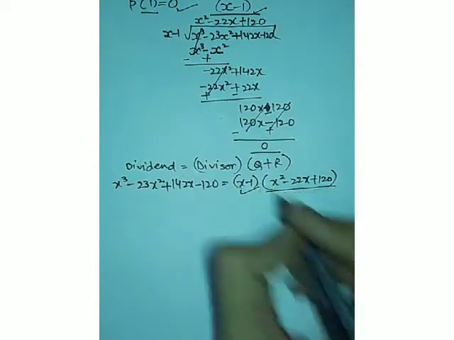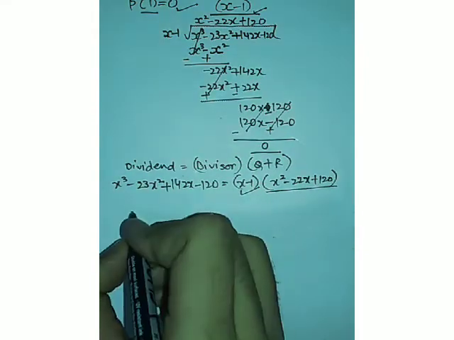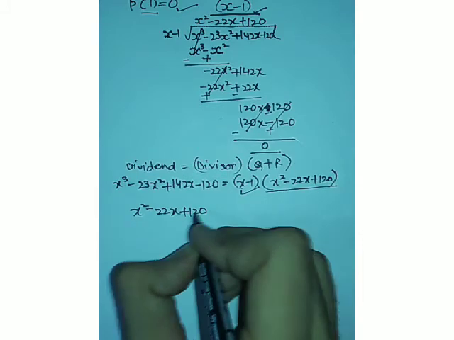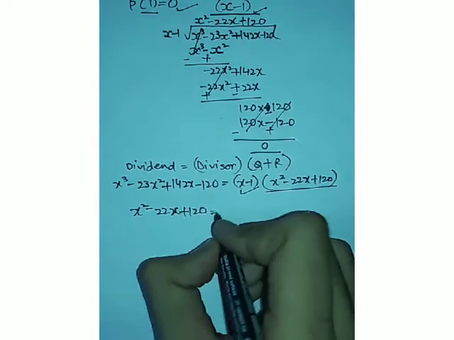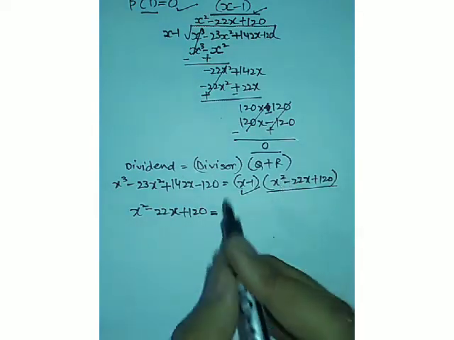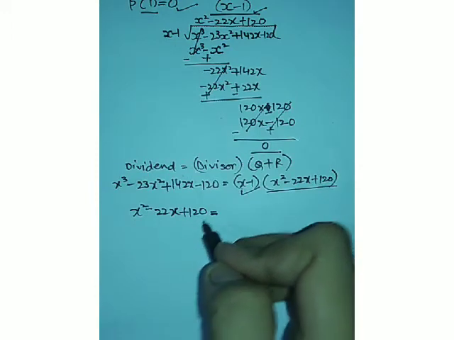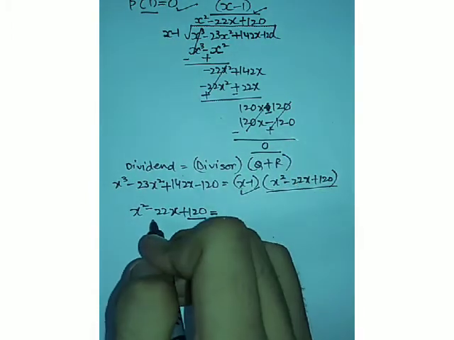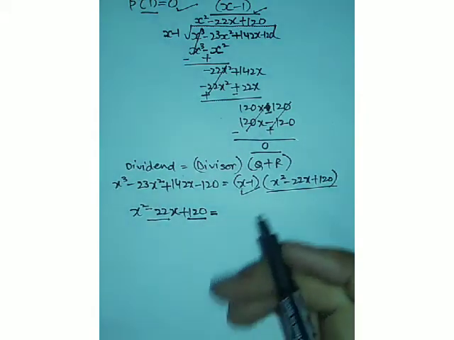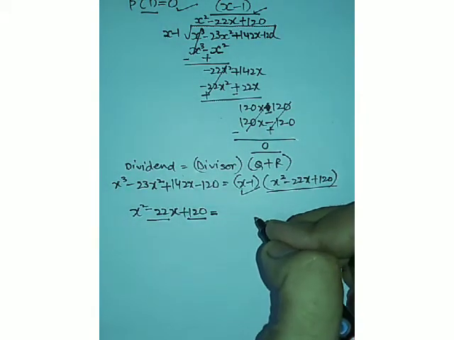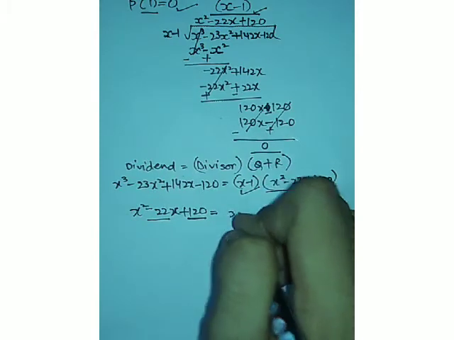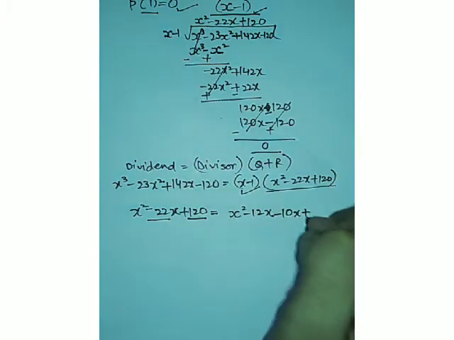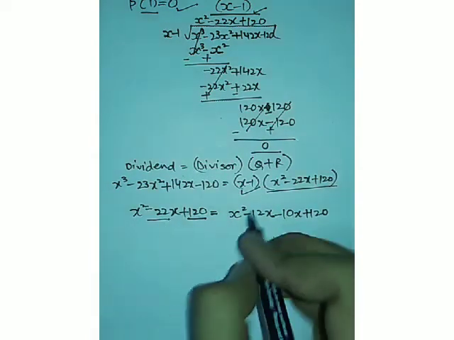Now one factor you have, that is this one. Now you can solve this by middle term splitting or factor theorem or any method that you would like to have. Now we can use the middle term splitting method as well. We have to find two numbers on multiplying which we should get 120, and by adding or subtracting them we should get 22. So 12 and 10 are perfect. So we can write x square minus 12x minus 10x plus 120, right? We have splitted the middle term.